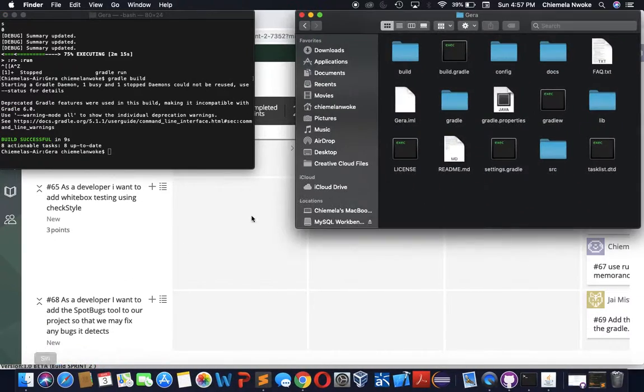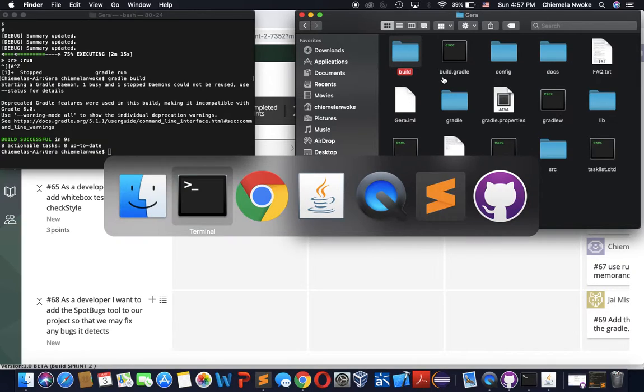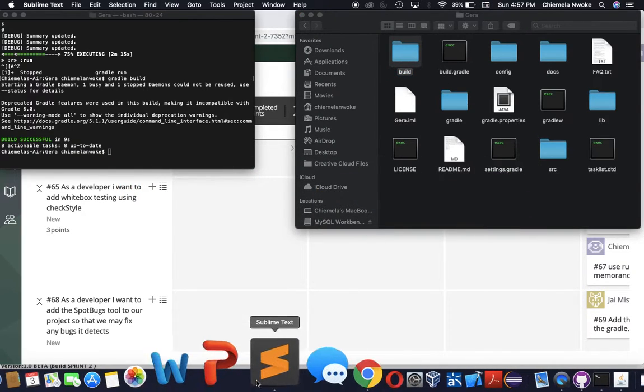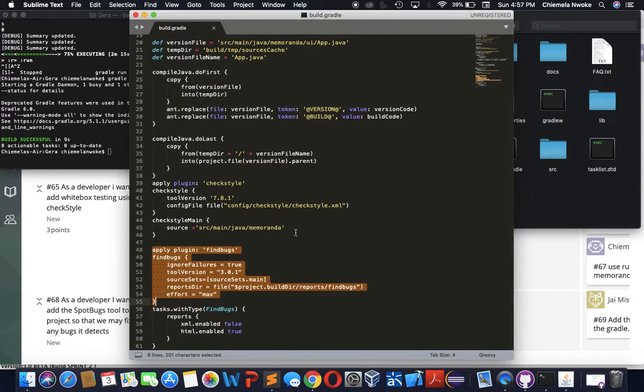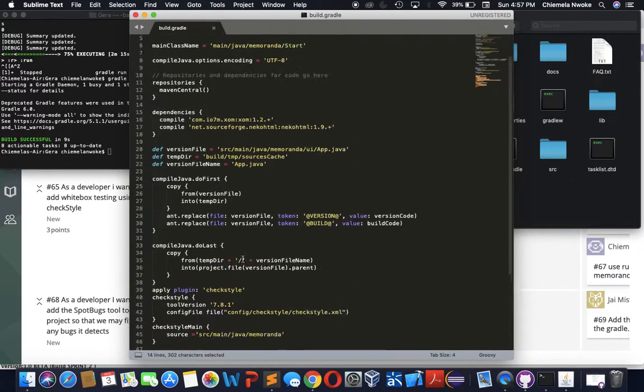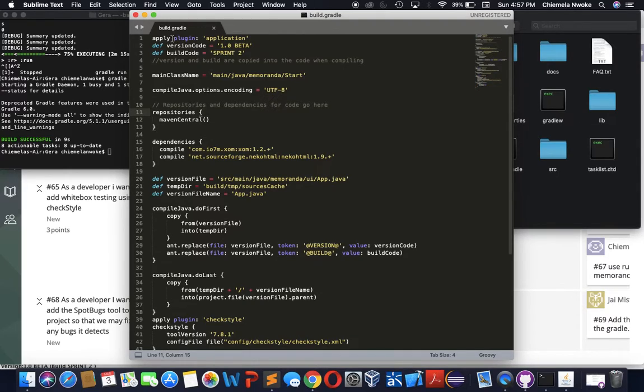If we go to the folder itself, okay, I have it open already. This is the code, and right here is the plugin for Checkstyle, as we did in one of our personal assignments. And here is the code for FindBugs. It has the plugin